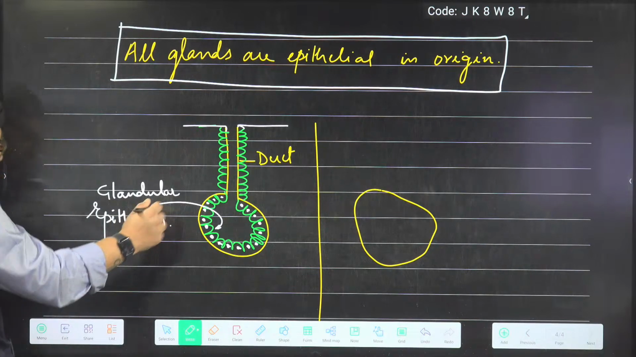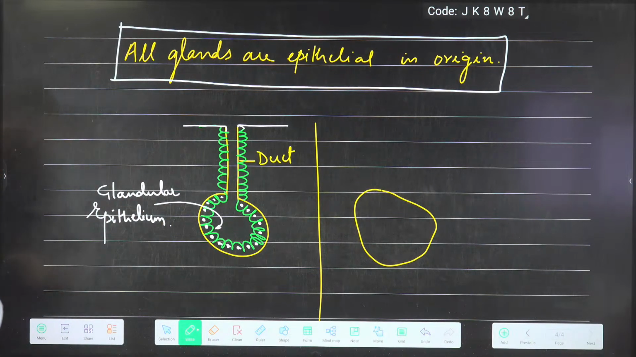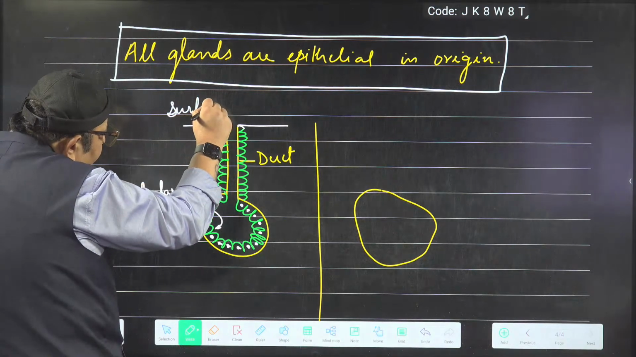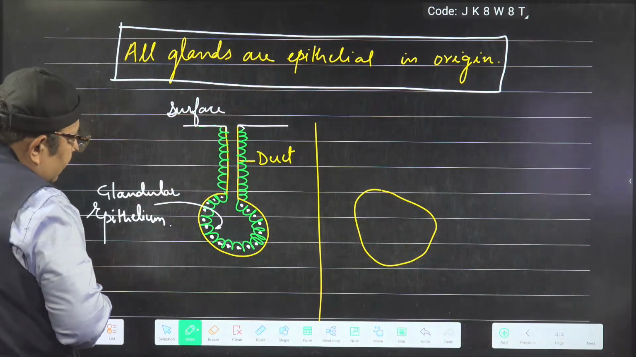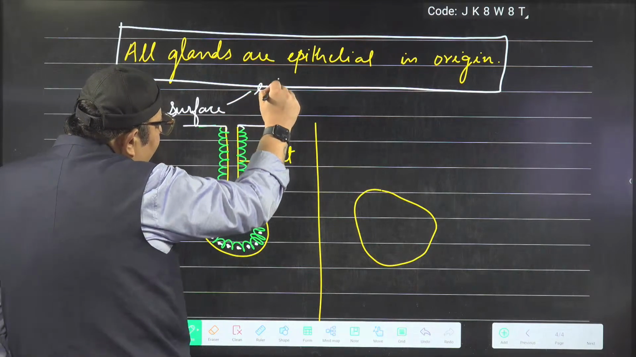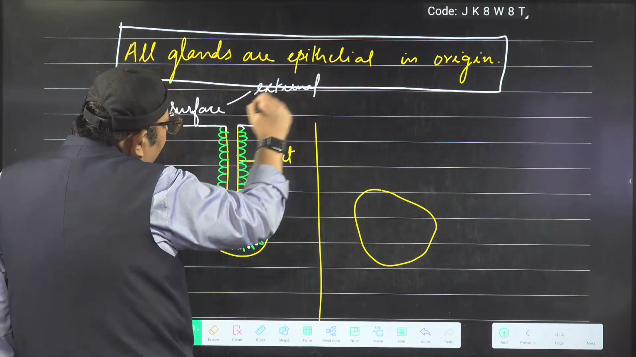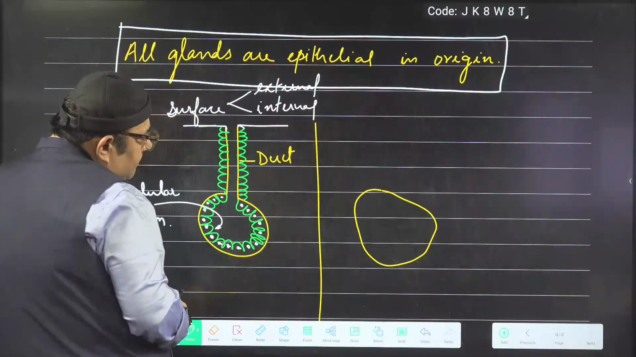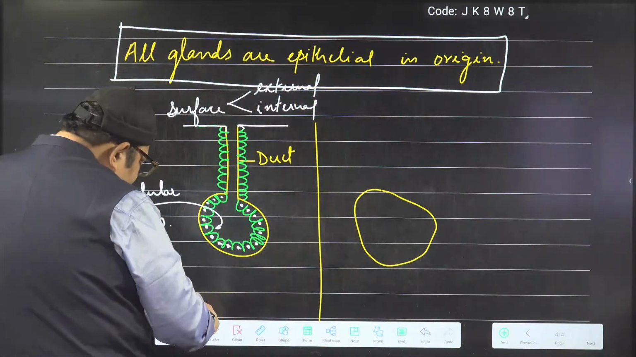All glands in the body have this type of arrangement, where the epithelial cells are secreting. Now this is the body surface. It is a surface, any surface, external or internal. The surface can be an external surface, or it can be an internal surface. Another type of